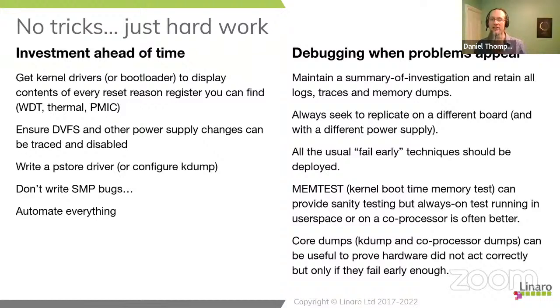Once you have a random failure, you should always seek to replicate it on a different board, physically different board with a physically different power supply. Again, that doesn't always mean you can say it's not a problem anymore. If you've got samples with sample-specific tables to tell you how they manufactured it in them, the fact it reproduces on one sample and doesn't reproduce on the other doesn't mean you can just say the sample's broken.